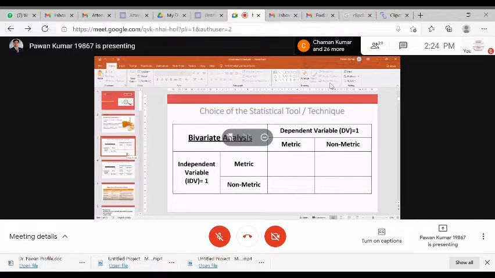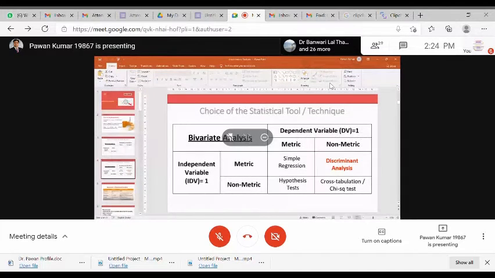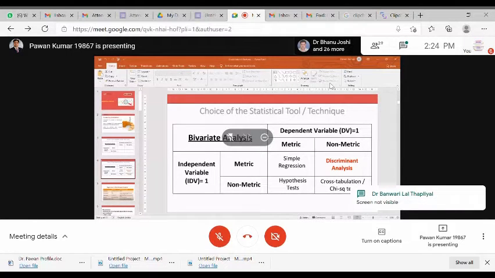Those types of data are called the metric data, and the categorical data is called the non-metric data. First of all, these terminologies must be clear. So please note down, this is the answer which I have shown you. This is the table which I have completed for you. When there is a metric, just close your eyes and apply the simple regression method.